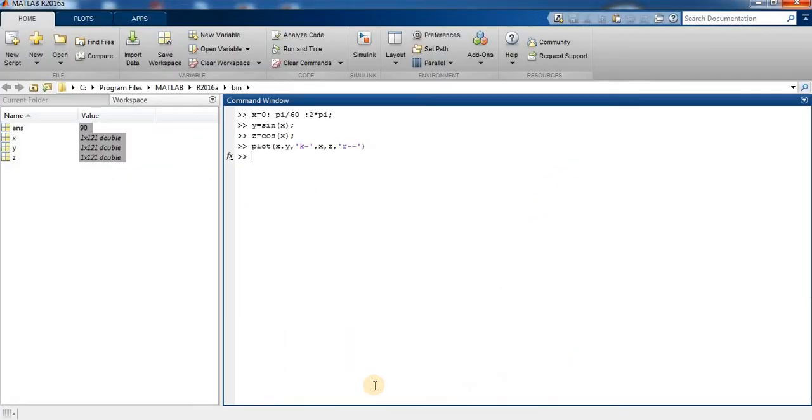So we label the graph by typing xlabel x radian and type legend sin x comma cos x, press enter.